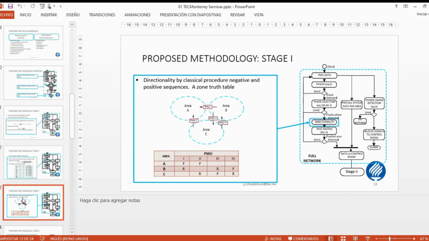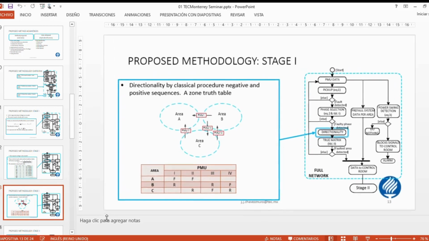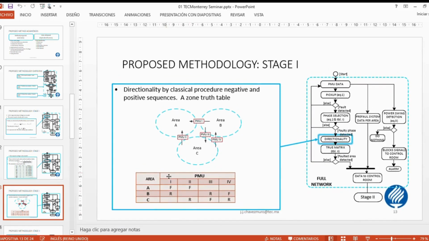Actually, we don't have the directionality here, but the directionality is computed by the angle between the voltage and currents. If the angle is less than 90 degrees, then we have a forward fault. If not, it's a backward fault. So with this idea, we can make a truth table and define if the fault is forward, is on